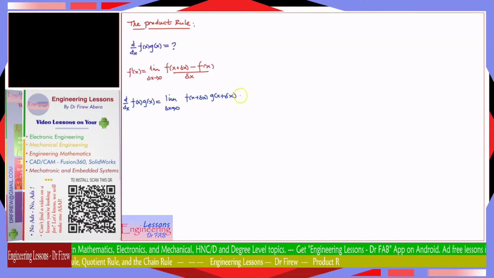So d by dx of f of x times g of x can be written as the limit as sigma x approaches 0 of f of x plus sigma x times g of x plus sigma x minus f of x times g of x over